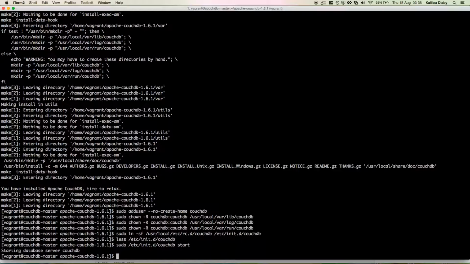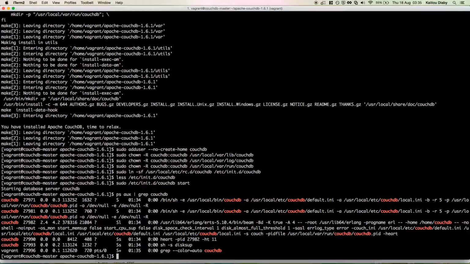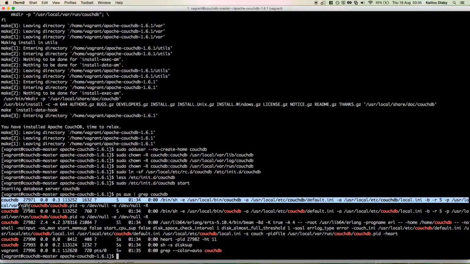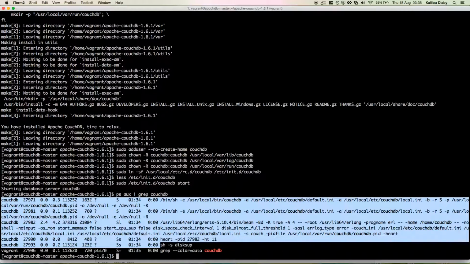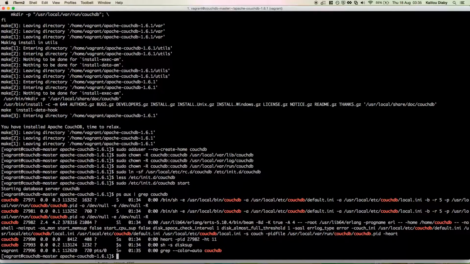So that's great. We need to verify this is running. So I'm just gonna run ps -eux | grep couchdb, and you can see CouchDB is running. This is awesome. The next step will be, since CouchDB has a web interface called Futon, we just have